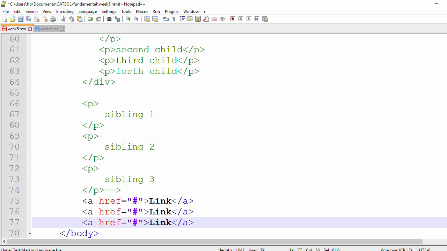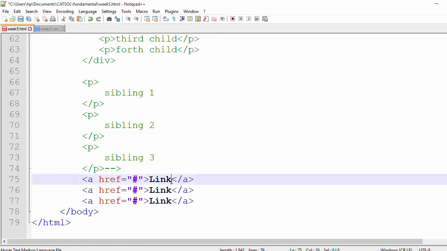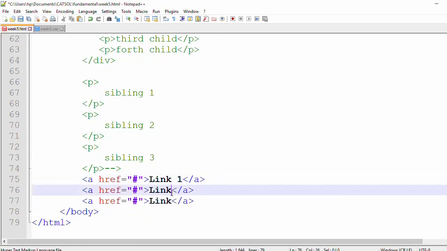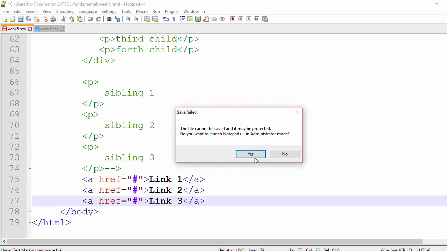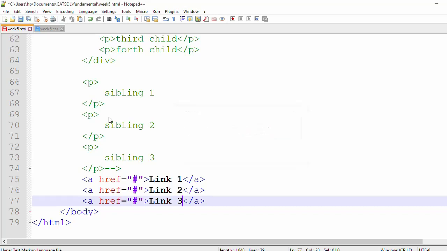Maybe this one with a class, and the other one with no class. So let's say we have three links: link 1, link 2, link 3. But the problem here is, if I leave it like that and save it here,